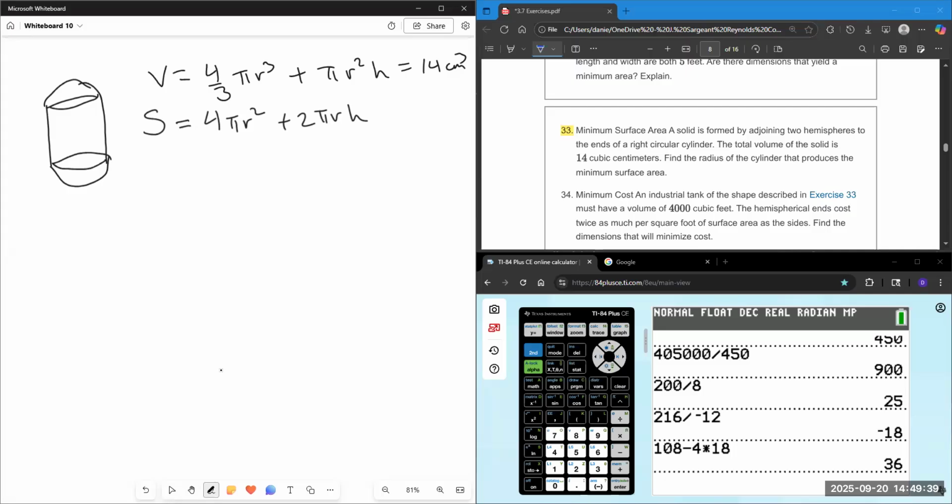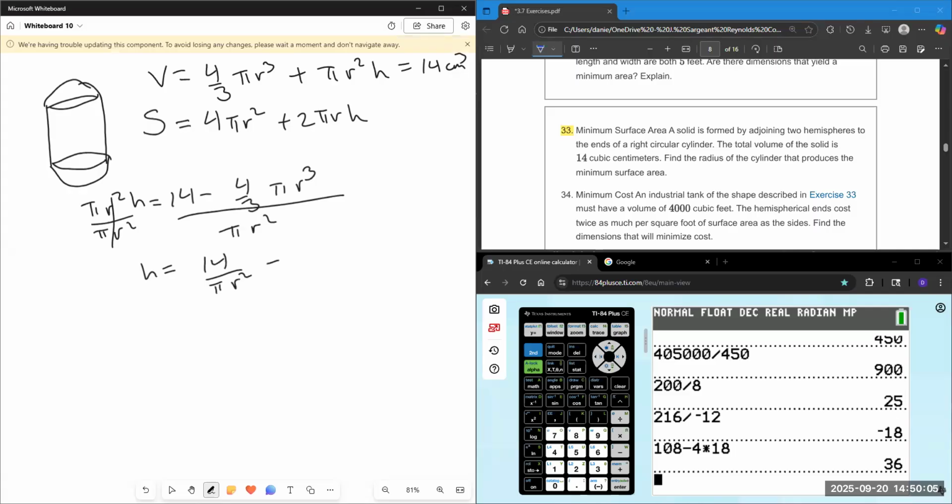H is the oddball out here, so I'm going to say that 14 minus 4/3 pi r cubed is equal to pi r squared h, and then divide everything by pi r squared to get h by itself. 14 over pi r squared minus 4/3. Pi will cancel, I'll be left with r. And then h goes in place